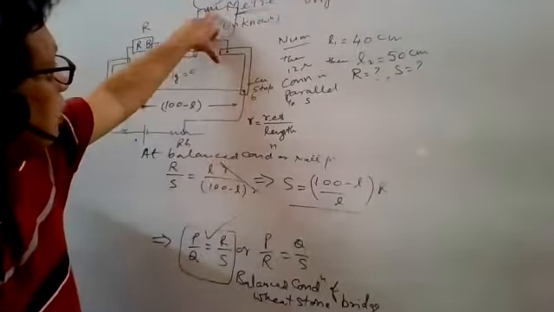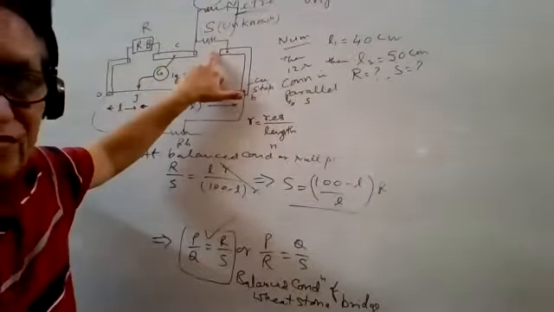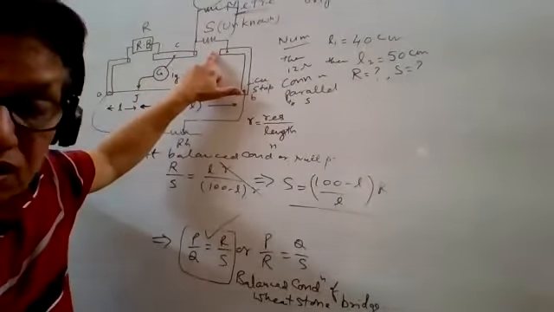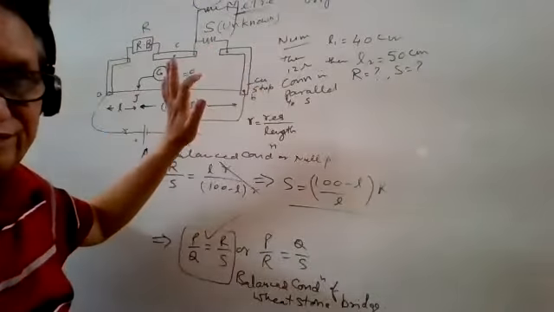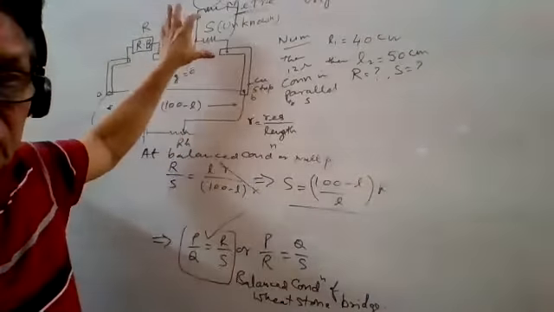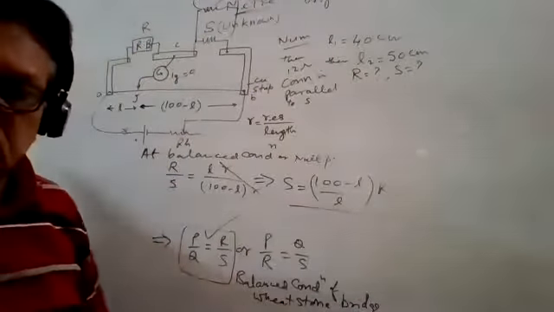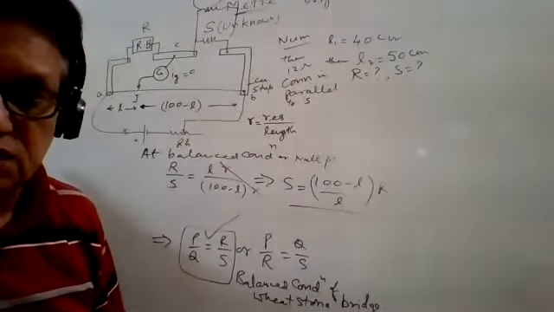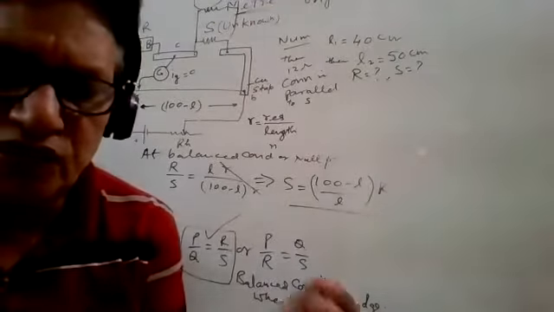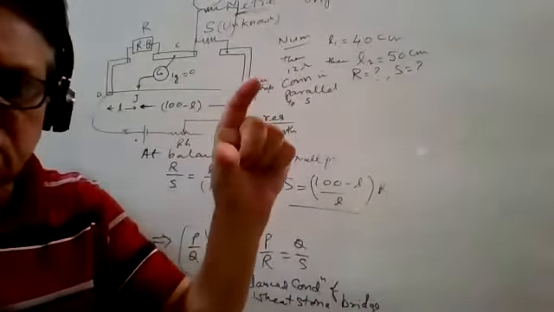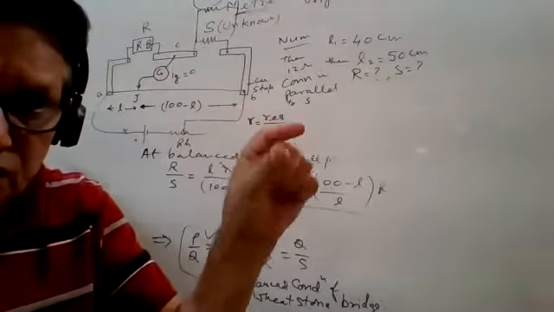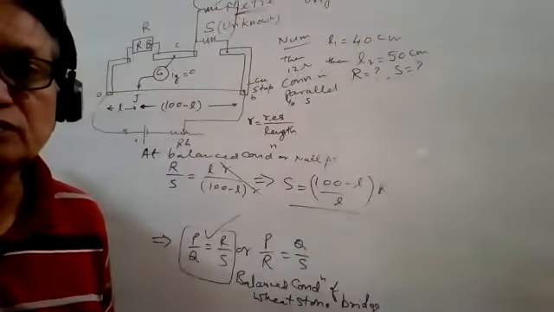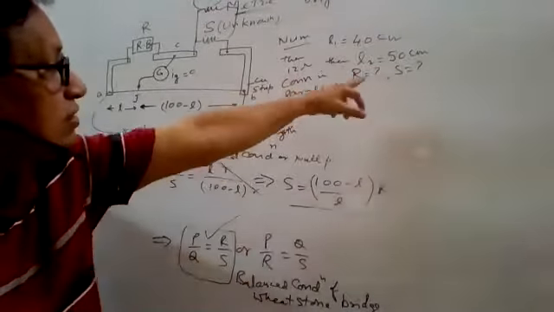If you connect this 12 ohm resistance in series, the balance point must shift towards the left. So understand, in parallel resistance is decreased, in series resistance increases. I'm taking one example, very simple. 2 ohm resistances in series, it will be 4. 2 ohm resistances in parallel, it will become 1. That is why it is shifted towards the right.